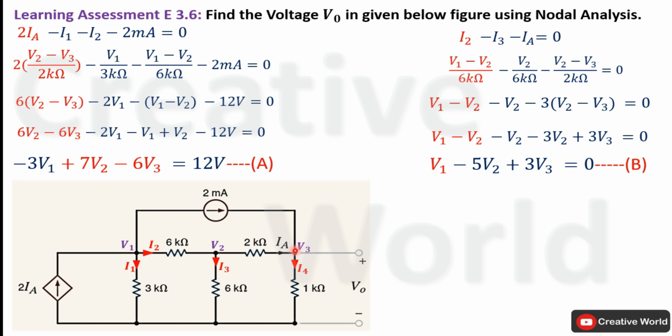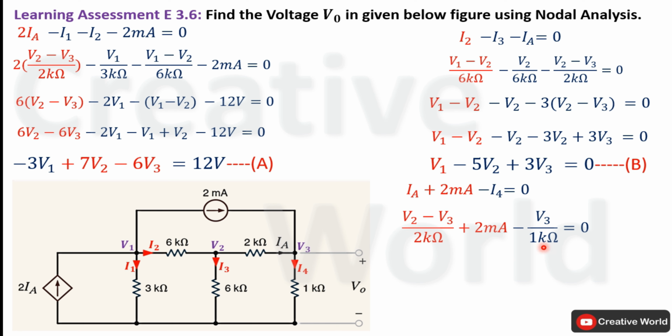Move towards the last node of the network. On this node, two currents are entering. One is 2 milliampere and the other one is IA, while only one current is leaving, that is I4. So the leaving current is taken with negative sign, while the entering currents are taken with positive sign. Now we have to replace these variables with their respective equations. Current IA is equal to (V2 minus V3) divided by 2 kilo ohm. Similarly, current I4 is equal to the voltage across this 1 kilo ohm resistance, V3, divided by the value of resistance,